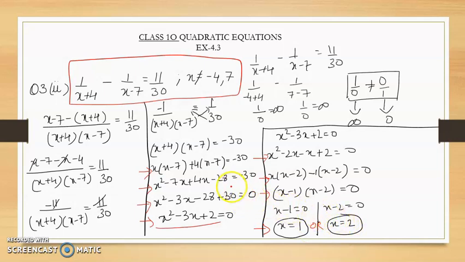In this way you will complete this question and questions related to this. Try word problems. We have already solved word problems in the previous exercise. Try and solve more of these types of questions and word problems, then I will explain more to you. So study well and be good students.